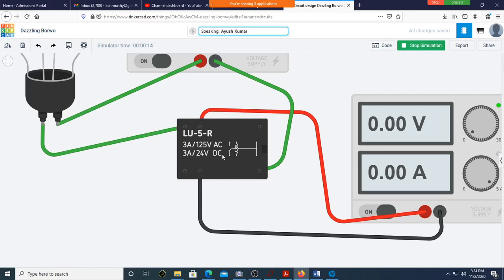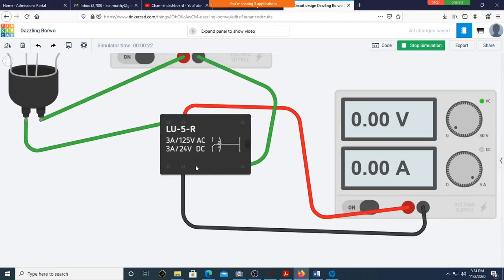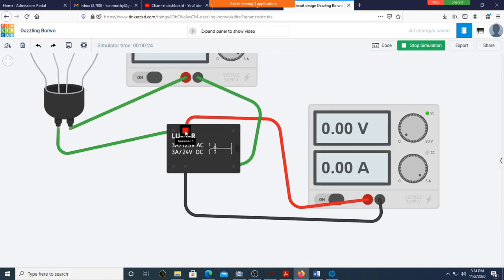Correct? In yesterday's screenshots, most of you messed this up, so it has to come exactly like this. It should go to only NC or NO, or it should go to the coil.